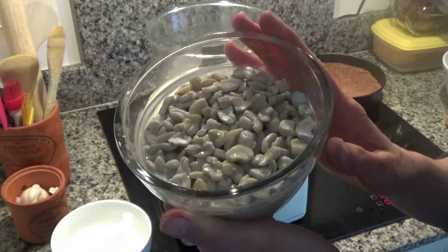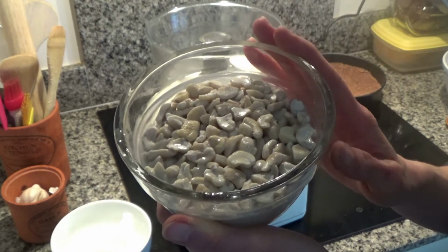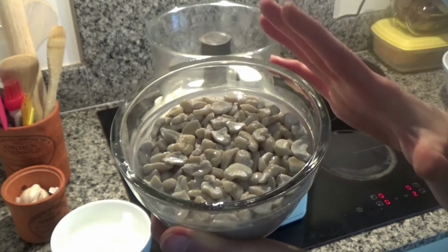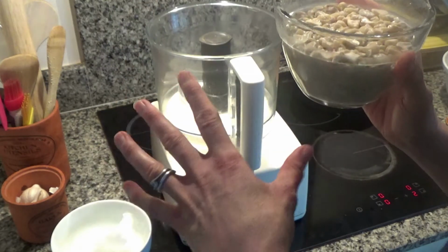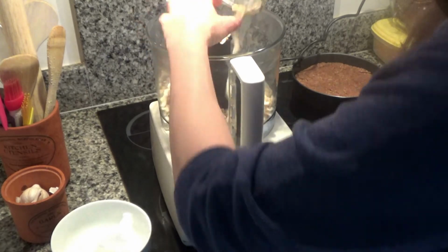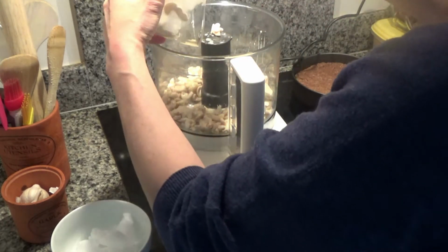So for the filling, I have about 150 grams of cashew nuts in this bowl, and what I did last night was I put oat milk on the top and I left them to soak in the fridge overnight. You don't have to use oat milk for this recipe, you can use any type of milk you want to. And now I'm going to put these into the food processor,